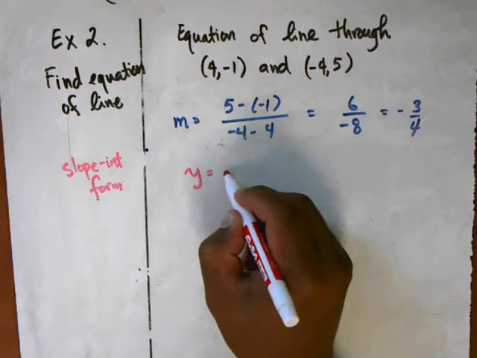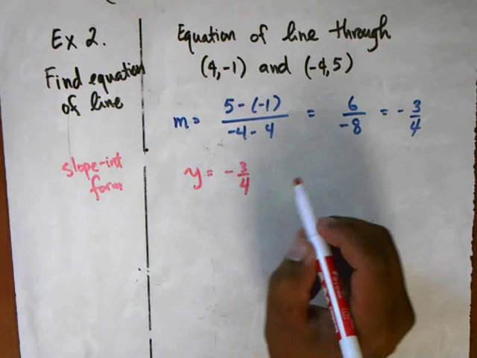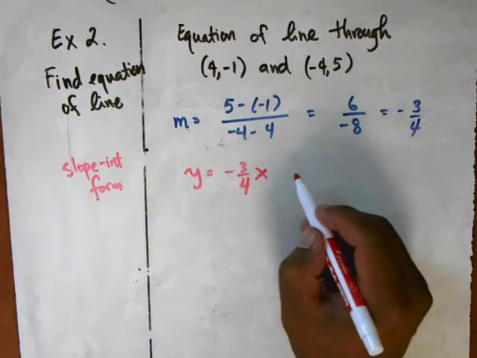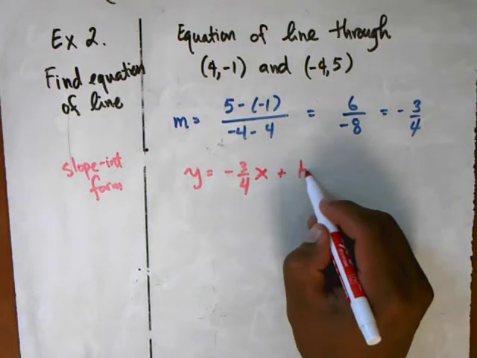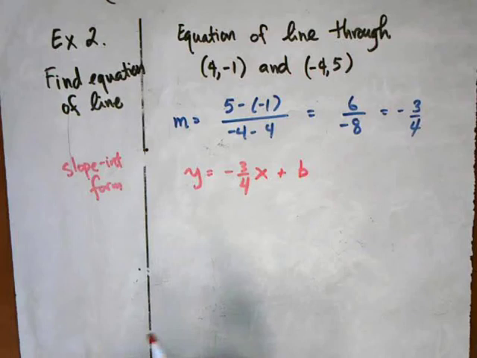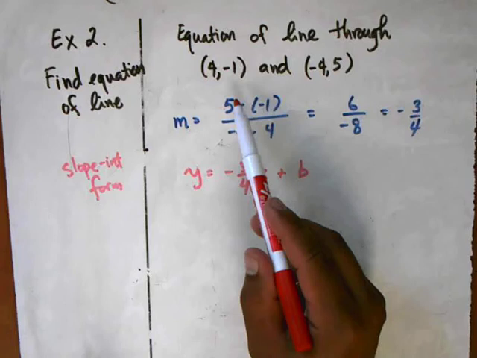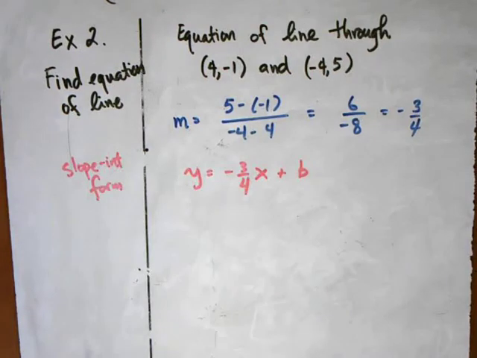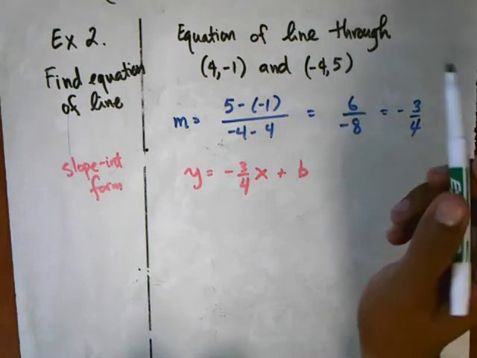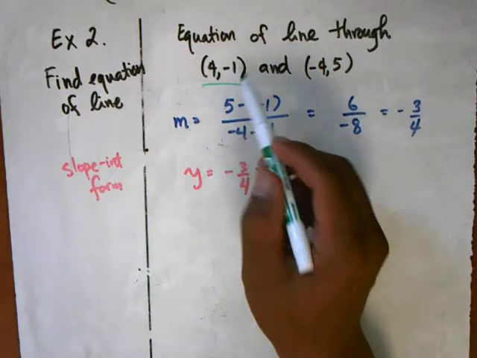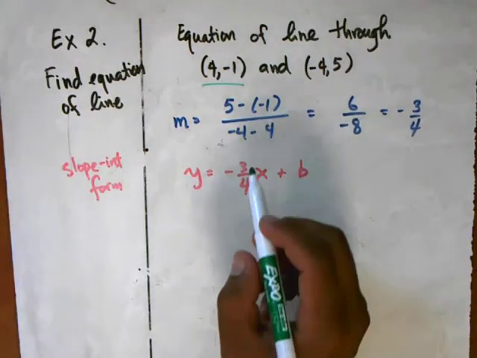So we have y equals the slope, which is -3/4 x plus the y-intercept. And now if we can just find the y-intercept, we will have our answer. And to do that, we can just use one of these points, and it actually doesn't matter at all which one of those points we use. So for the sake of solving the problem quickly, I'll just pick this first point here,